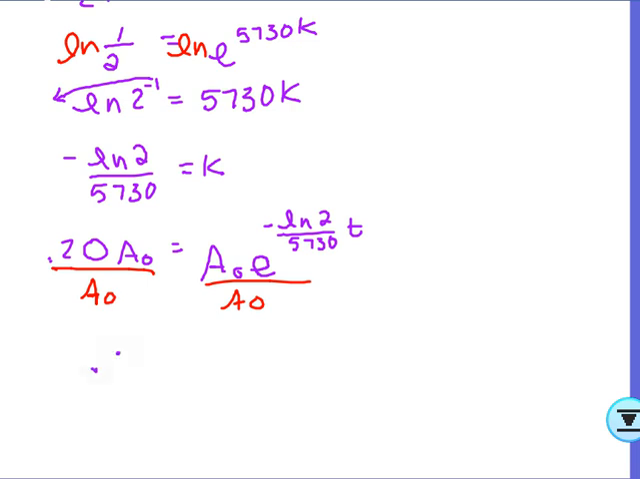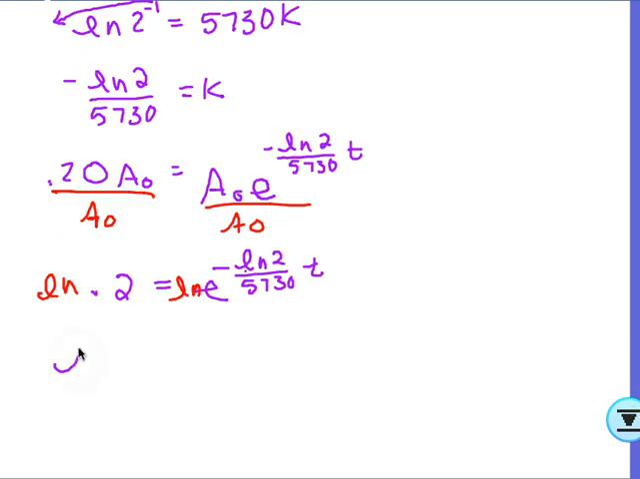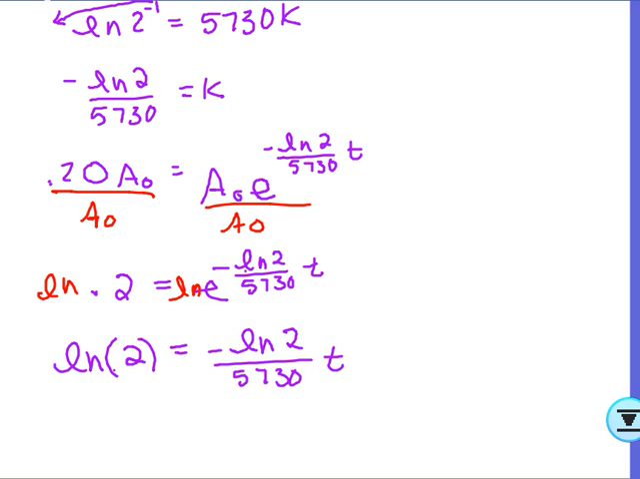I'm going to have 0.2 is equal to e to the negative natural log of 2 divided by 5730 t. Then of course, I'm going to take the natural log of both sides. So now I have the natural log of 0.2 is equal to negative natural log of 2 divided by 5730 t. If I multiply both sides by the reciprocal,